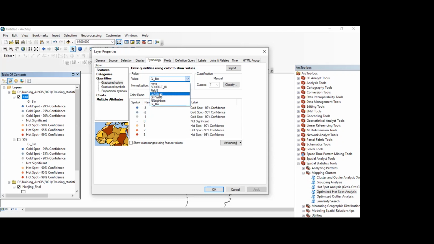The Gi means the Getis-Ord, as I told you. And the z-score, I told you that if you want to check well where you have the exact standard deviation, you can use the z-score. Or if you want to see the confidence or the probability, you can use this one, or the nearest neighboring, use this one. So today's lesson is about